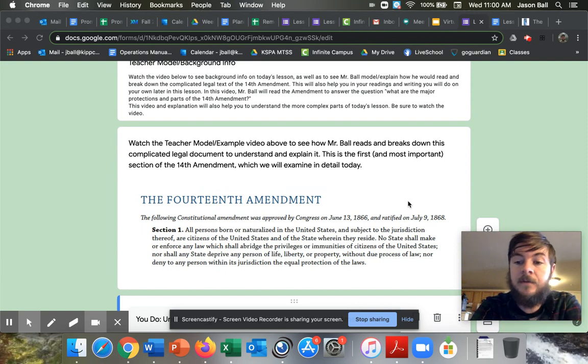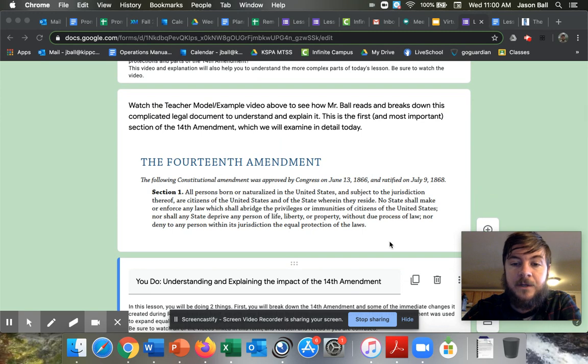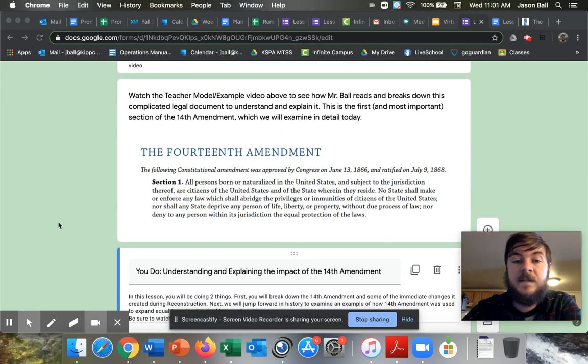So I'm going to show you how I would read this because you're going to do this on your own to break it down, and also give you a little background information on why this happened, because that's what we're going to examine in our lesson today too. So first of all, we've got to connect to our background information from our last lesson, which is remembering that